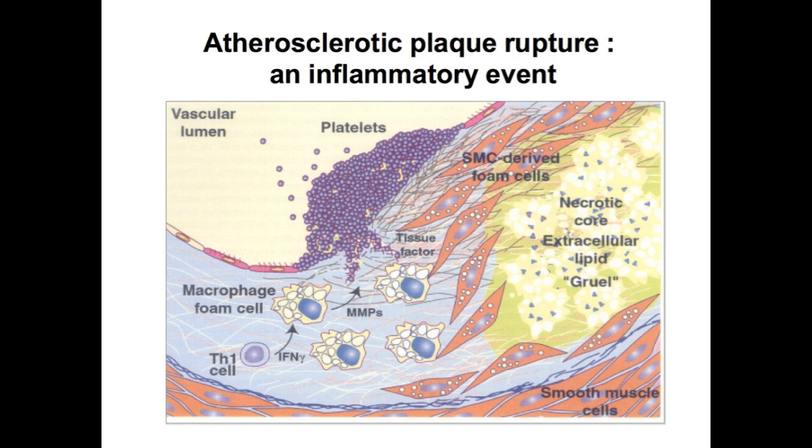This is a cross-section through a blood vessel wall. So the blood is flowing this way. Okay? This is the endothelial layer that I mentioned before. And this is a person with an advanced atherosclerotic plaque. In other words, they've got a big fatty build-up within the vessel wall. Okay? So there's all of this lipid and necrotic tissue.